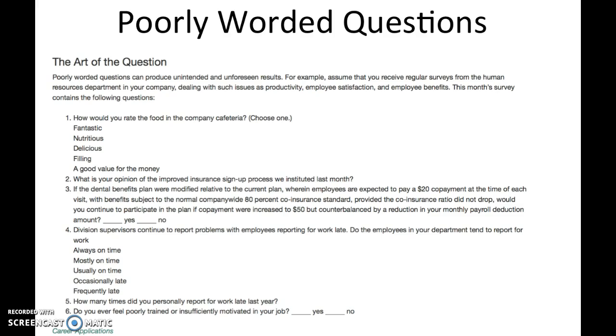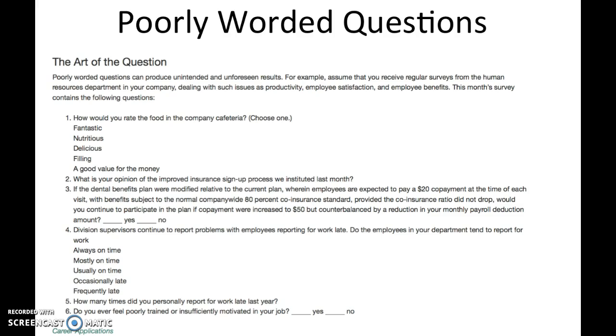Well, those things aren't mutually exclusive. The food could be nutritious, but maybe it's really, really expensive. Maybe it's not a good value for the money. And the way the answers are, this isn't really a rating question. So really they'd have to pick three elements like nutrition, and then you'd rate that on a scale of 1 to 5, or flavor, and you'd rate that on a scale of 1 to 5, or value, and you'd rate that on a scale of 1 to 5.